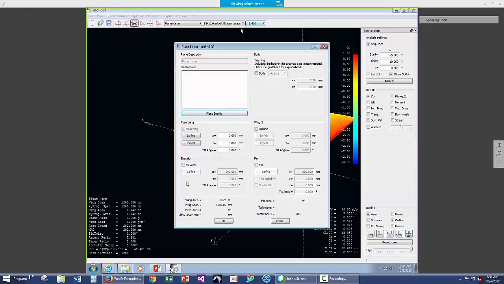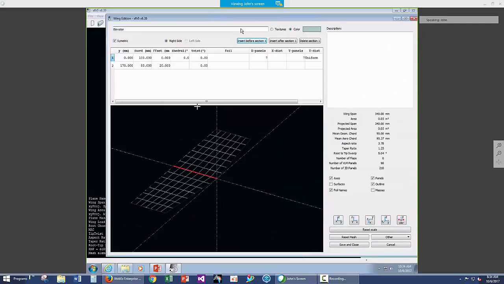What we're going to do now is turn on the elevator and turn on the fin, and then we can go in and define those two. So it always comes up with something for you to start with. For the horizontal